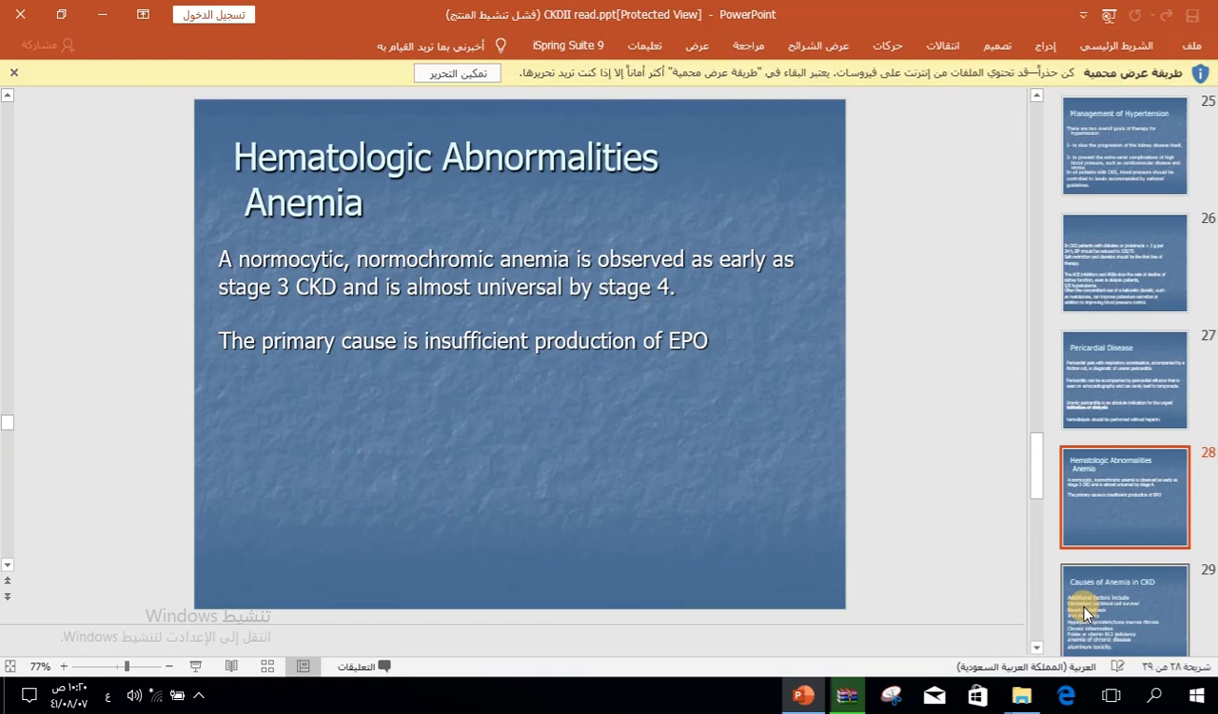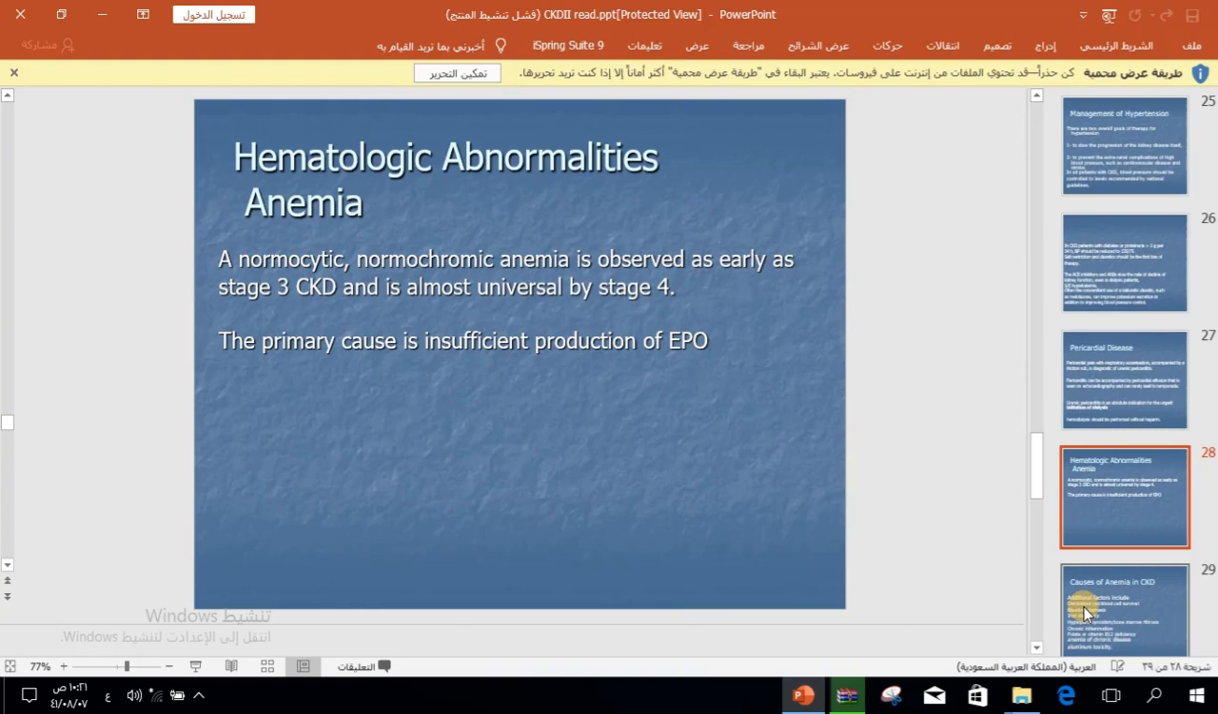Hematological abnormalities. On the top of the list is anemia. Anemia of CKD is usually anemia of chronic illness and it is normocytic normochromic anemia. The primary cause is insufficient production of erythropoietin, and we know the kidney produces erythropoietin, which is the main growth factor for